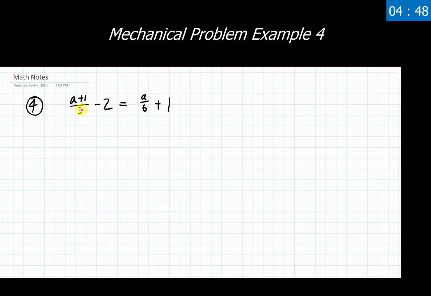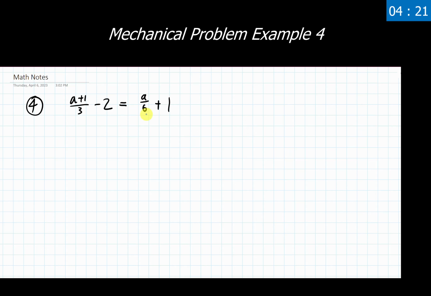Noticing that our denominators here all contain just numbers, meaning there's no variables in there at all, I could go through and use the process from, I believe it was the 2.6 video, where we're solving equations with fractions and decimals, and I could go through and I could eliminate all fractions in this entire problem. Just one optional route that we could take. I'm going to go through and use that for this problem.